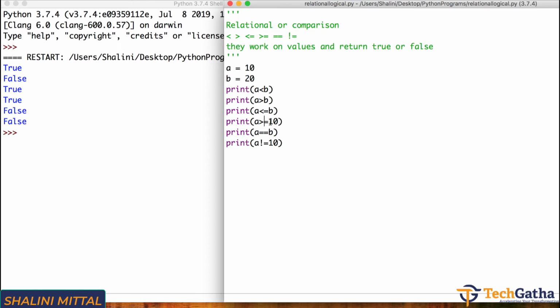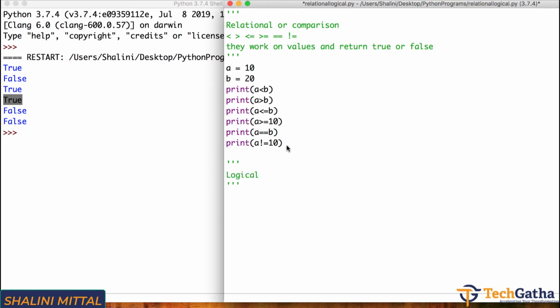A greater than equal to 10: A value is 10, greater than 10 no, but it is equal to 10, hence that returns true. A equal to B: no, because 10 and 20 are not equal, so it returns false. And A not equal to 10 is false because A is equal to 10.